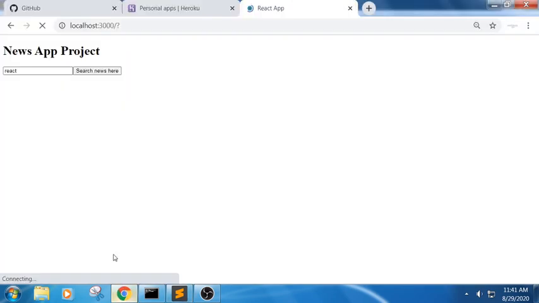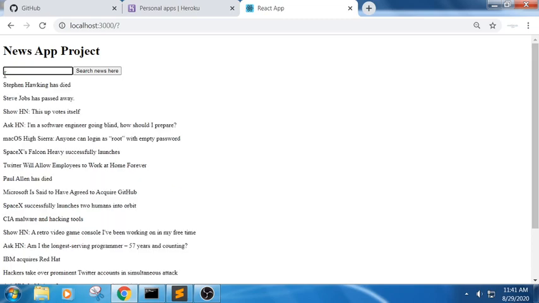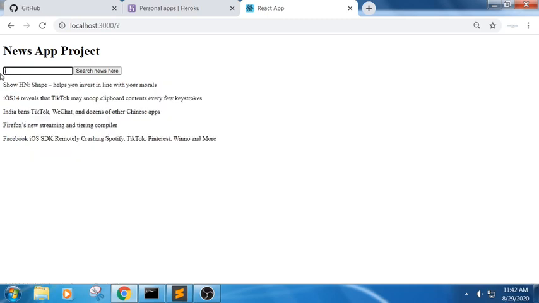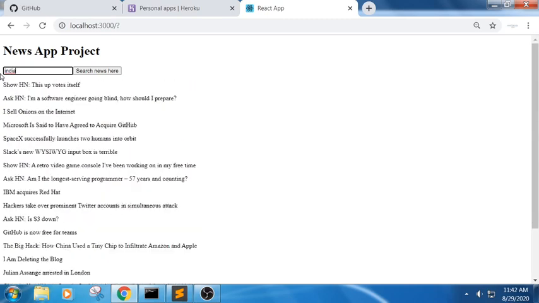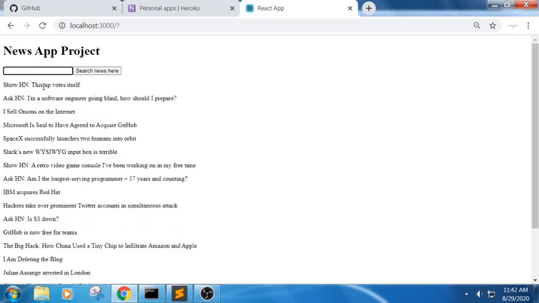Now, instead of passing this console.log data, let me write this. For example, if I write TikTok, can you see here it is trying to change. If I write India, can you see it is trying to update repeatedly. We will understand why it is doing this.